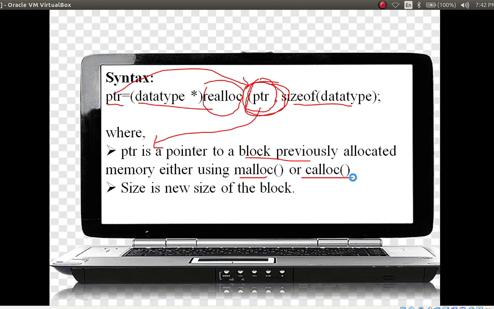If you want to extend the memory, how will you get the memory? By previously allocated memory, either malloc or calloc. And size is the new size of the block. While seeing the example you will come to know; I think you are not understanding this. I will explain later after executing the program.